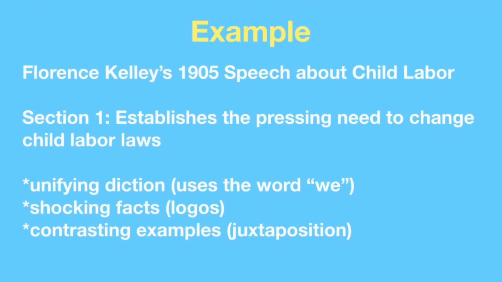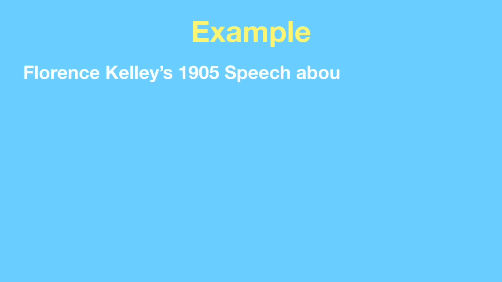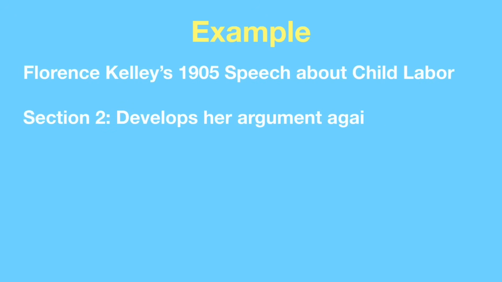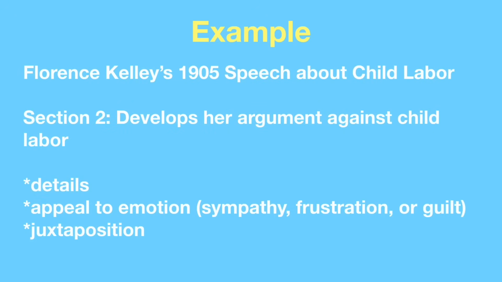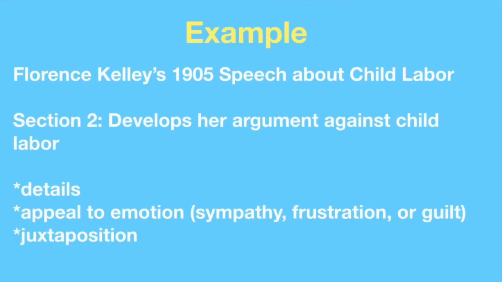That's what I would write about. Then I'm going to move on to section 2, which for me would be body paragraph 2. In this particular section, she is developing or furthering her argument, so she's going to be using some different strategies. Now, you'll notice I listed juxtaposition twice. That's because she used it in 2 different ways, so rather than writing an entire paragraph about juxtaposition, I'm going to analyze the passage chronologically, which brings me to my third body paragraph and third section, and that is